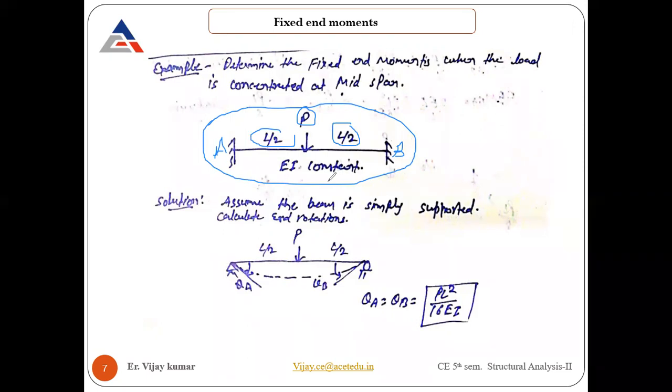flexural rigidity is constant. Flexural rigidity is nothing but a resistance against the flexure. Flexure is nothing but when the load is acting transverse to the beam, it will try to deflect the beam. That is considered a flexure thing. So its resistance against the flexure is considered to be EI, that is a product of E and I. If the value of EI is more, we can say that its resistance is very high compared to the other.